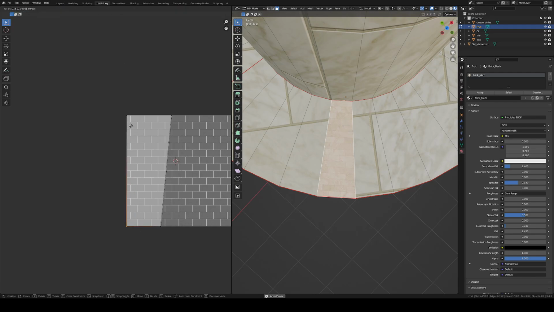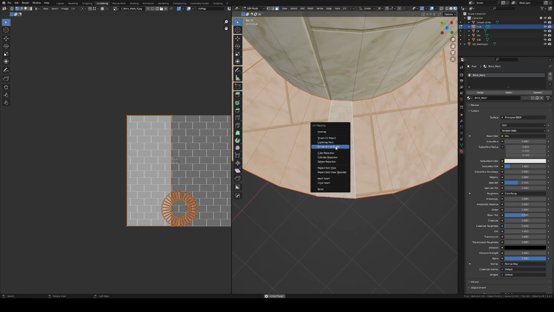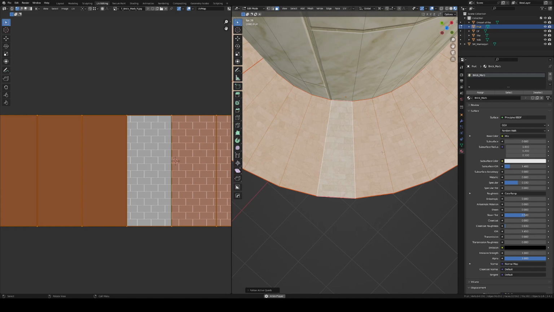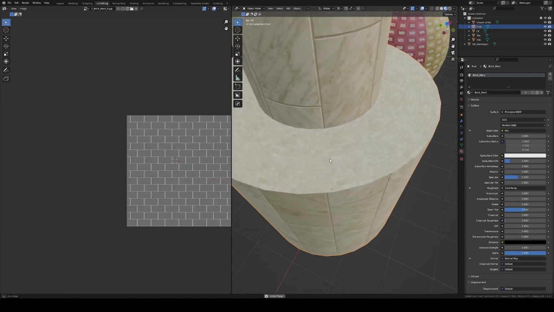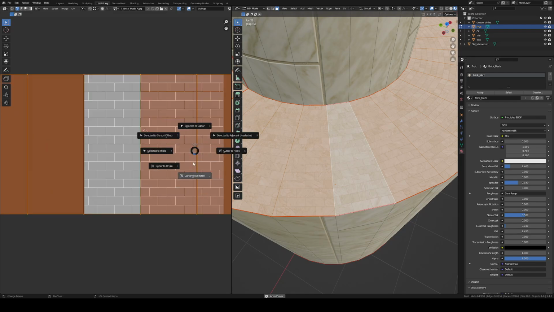So what we can do is snap these verts to each other to make it proportionate, and then we can loop select, make sure the one that we've set up to be the reference is the active selected by shift clicking it, and then follow active quads, and now they're looping all the way around, and now we can just scale it down to